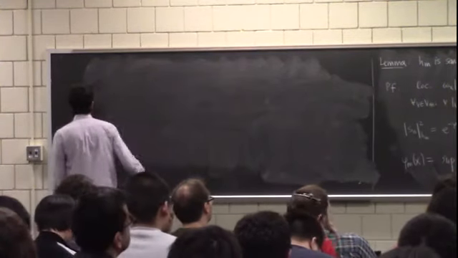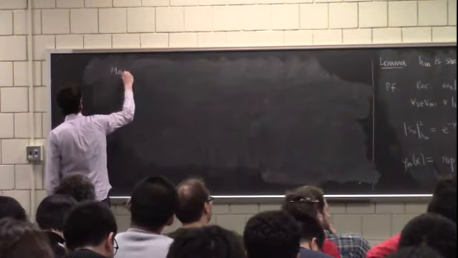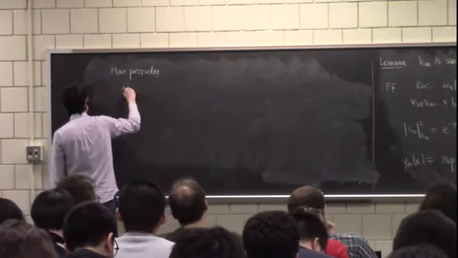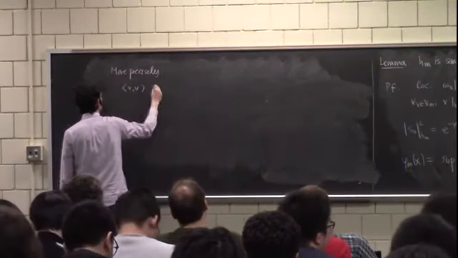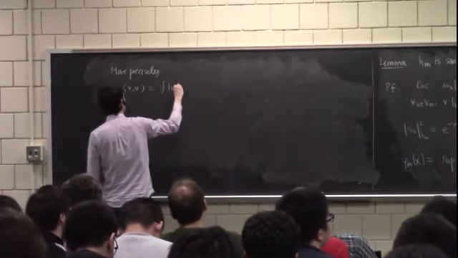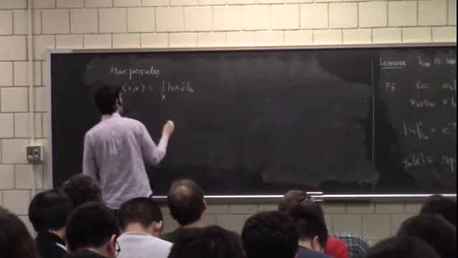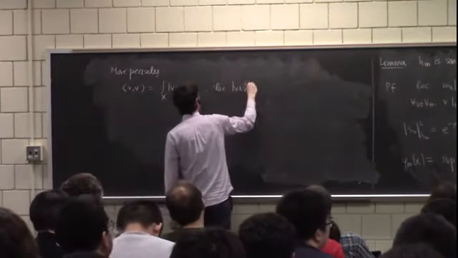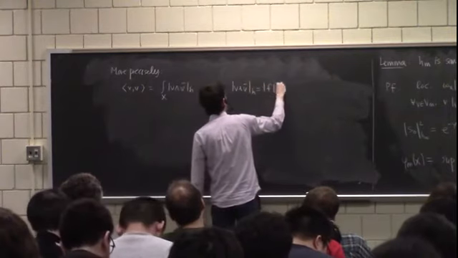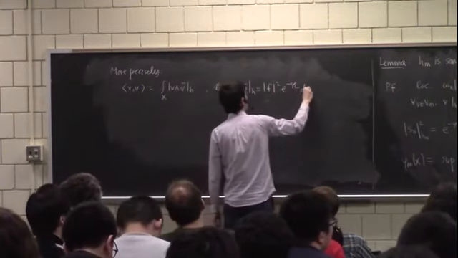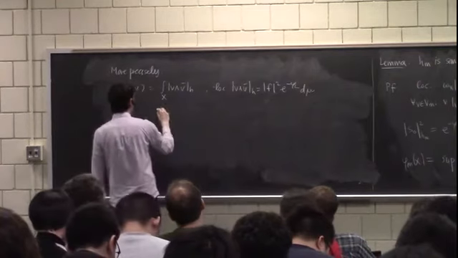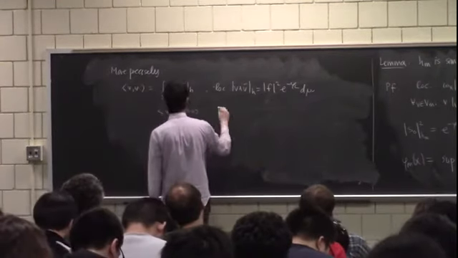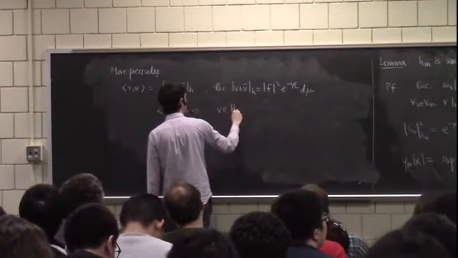So more precisely, if I look at, for example, the inner product of V with itself, this will be the integral over x, and locally the integrand is as above, and so this is finite if and only if my V